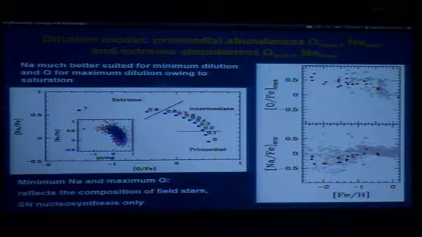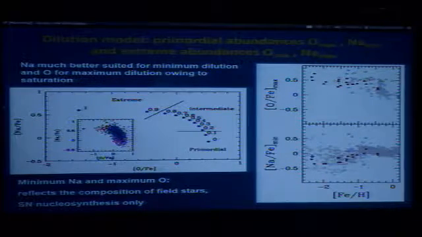And actually what we found is that if we consider stars here, in this part of the diagram, the composition of these stars is essentially indistinguishable from those of normal halo metal poor stars. This is shown here for oxygen, and this is shown here for sodium. So the maximum oxygen and minimum sodium, this point position here, reflects the position of the halo stars, field halo